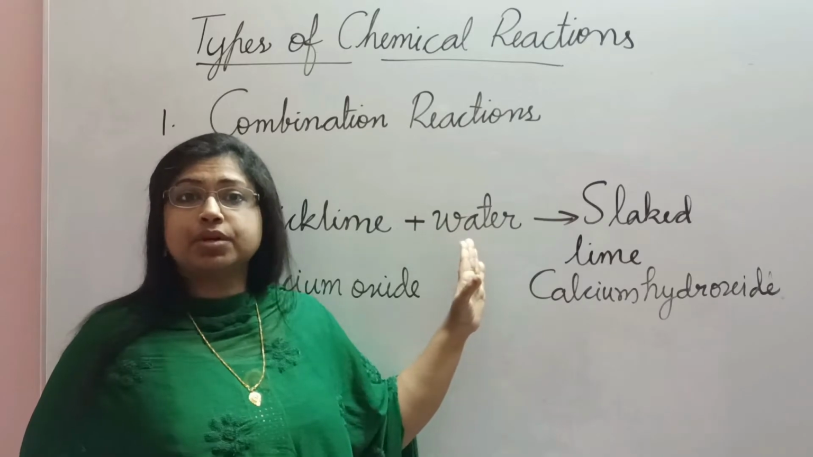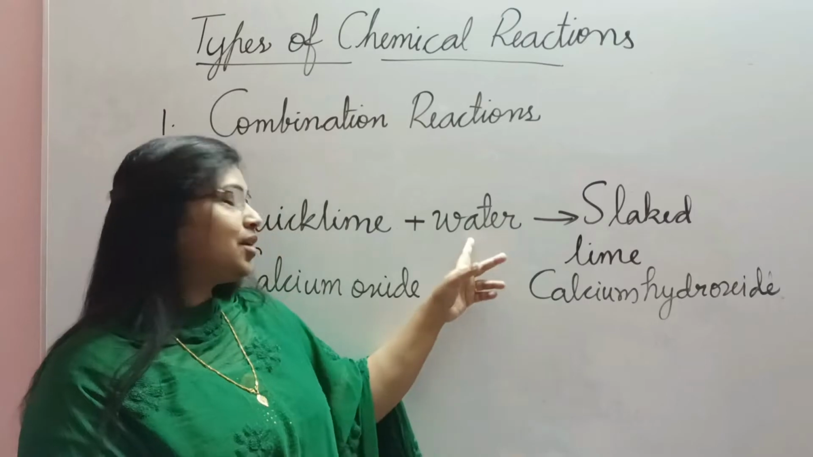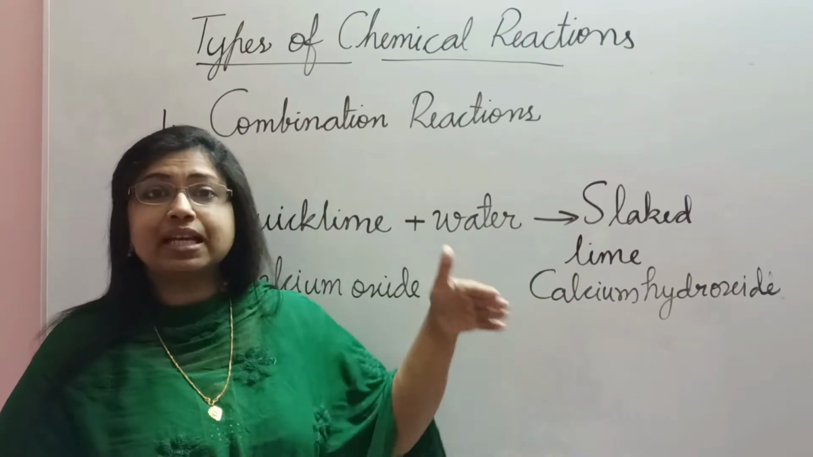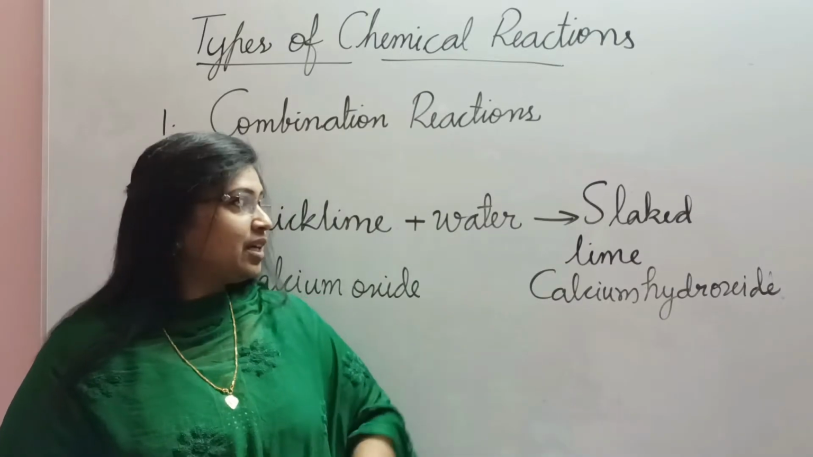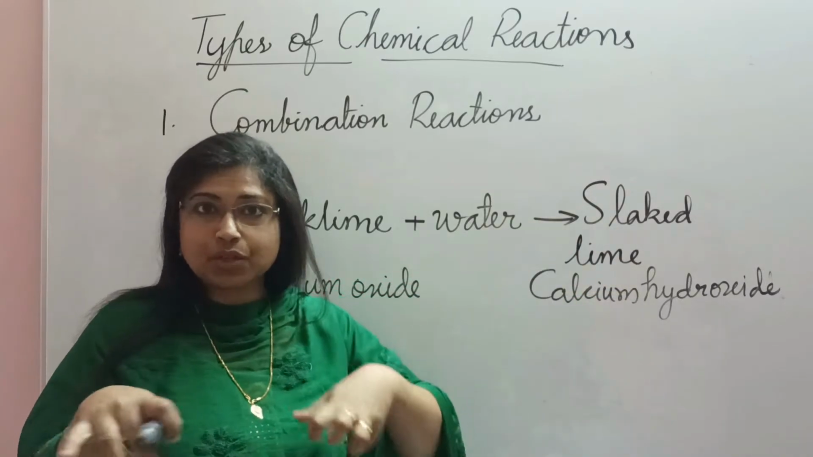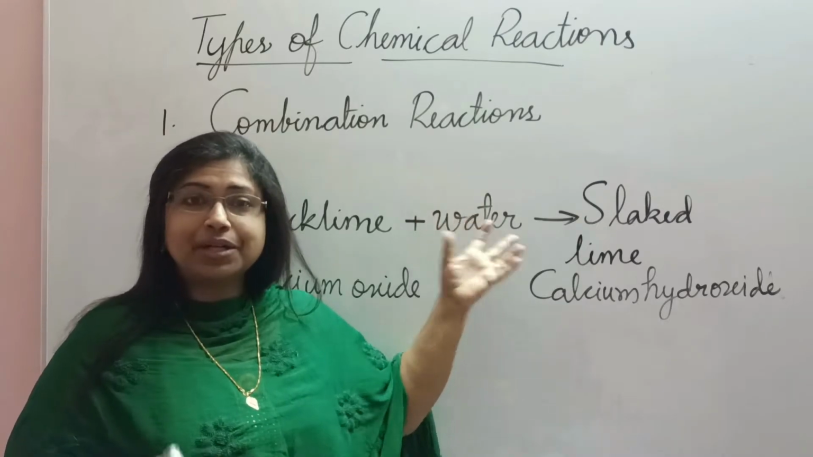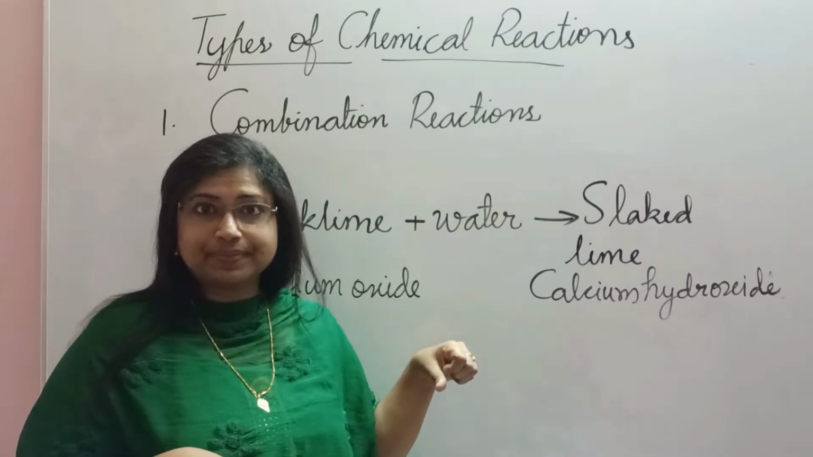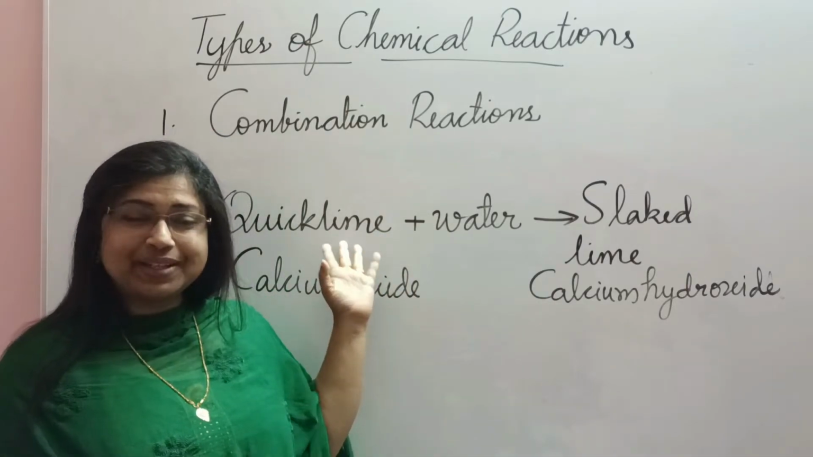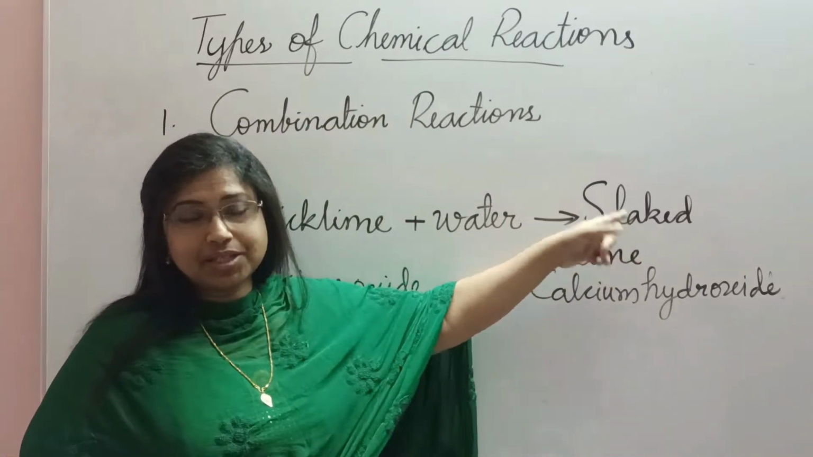If we add less water, we will get slaked lime in the solid state. If we add more water, we will get slaked lime as an aqueous solution. Now, we need slaked lime in the solid state because it will be easy to mix it with the soil. So, farmers add very little water to prepare slaked lime. Quicklime is comparatively cheap. Okay, so it is a cheap chemical and you will get a large amount of slaked lime using